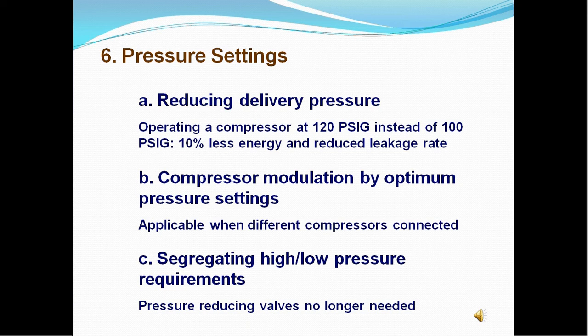Segregating high and low pressure requirements. If the low pressure air requirement is considerable, it is advisable to generate low pressure and high pressure air separately, and feed to the respective sections instead of reducing the pressure through pressure reducing valves, which invariably